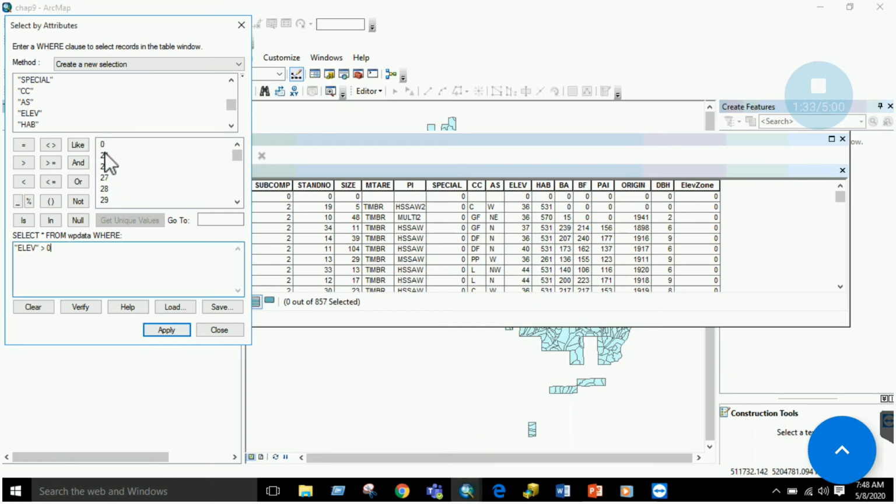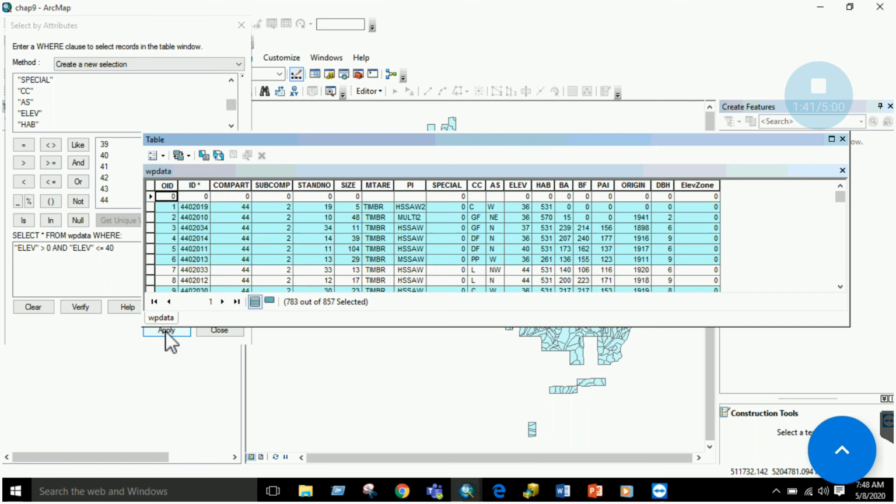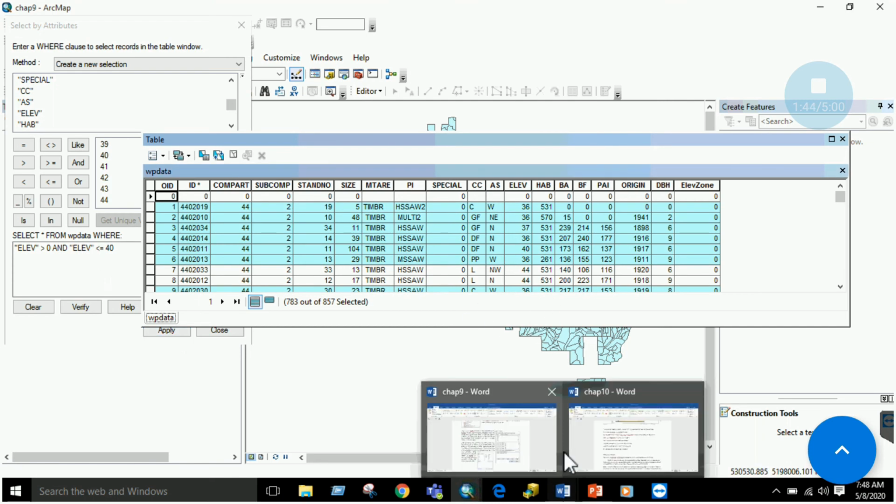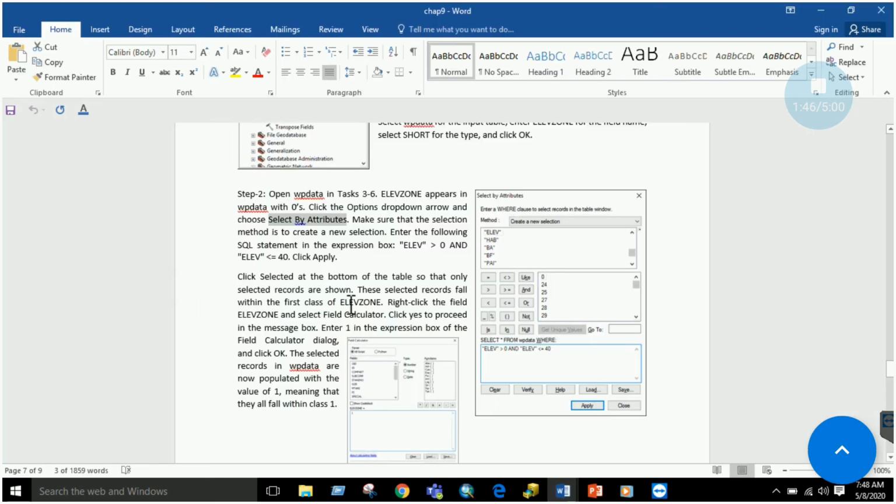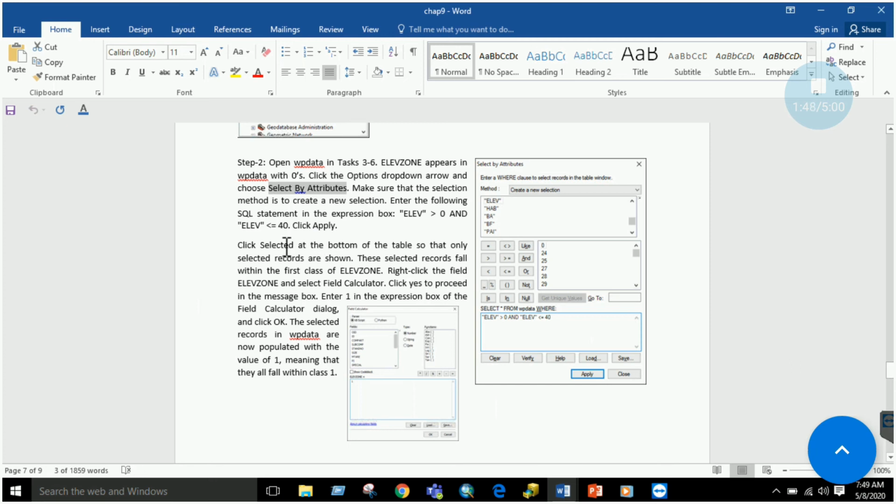So once you selected this, just click apply and some data will be selected over here, right? Once you have done this, click the selected at the bottom of the table. Selected records will be displayed.